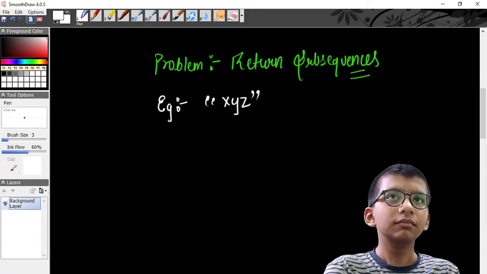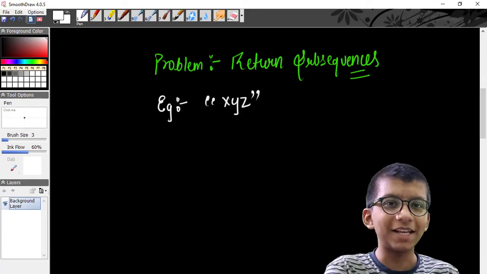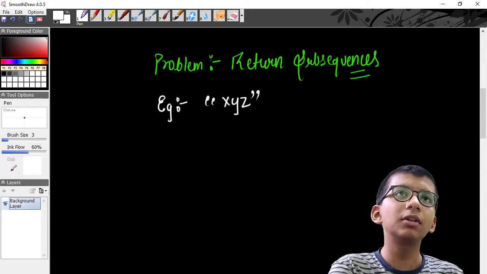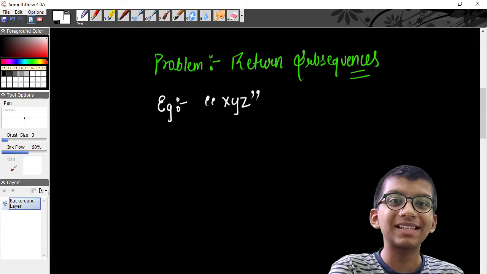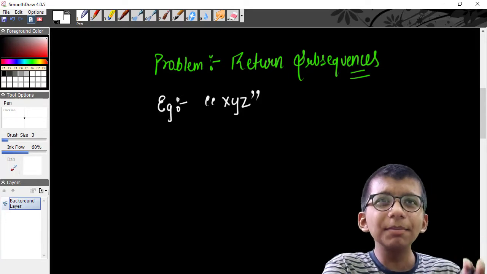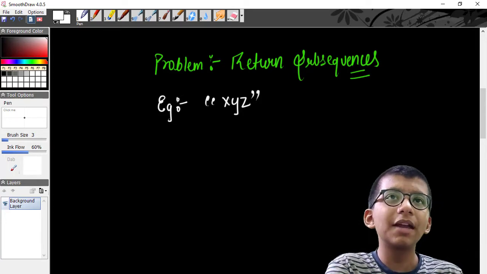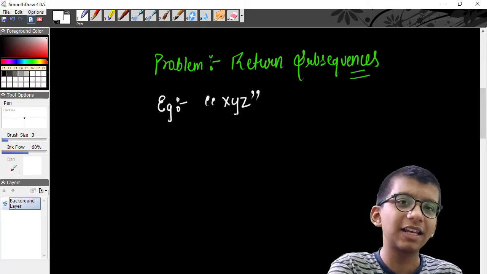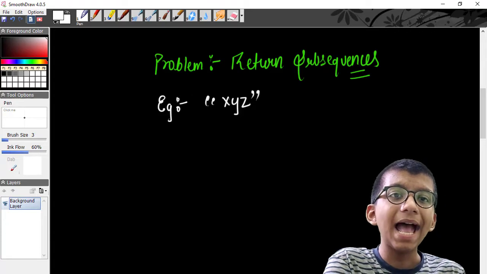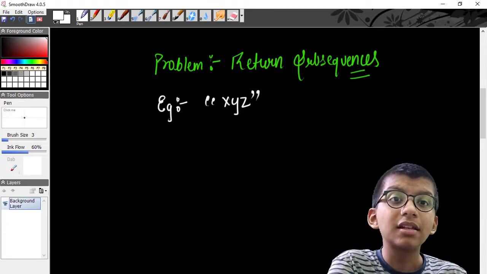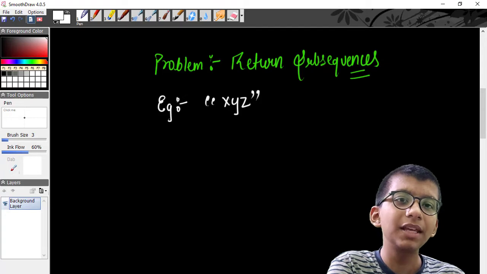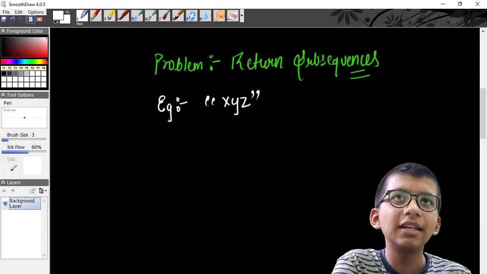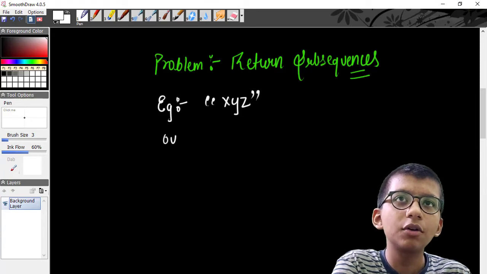So what is the problem today? Again we have a problem, which is return subsequences. What does it mean? Let's take an example. We'll be given a string as an input, let's say x, y, and z. What we have to do is return the subsequences of this string, meaning in what possible ways we can write this string. And the output would be,